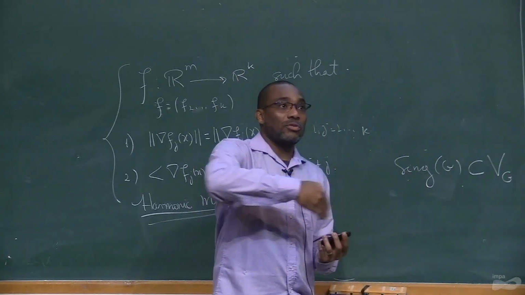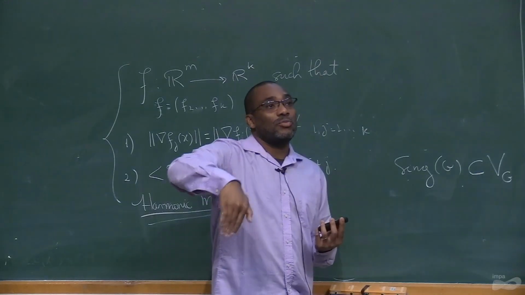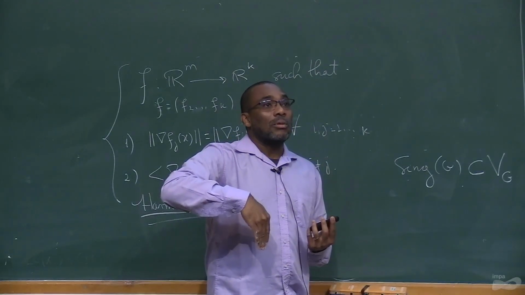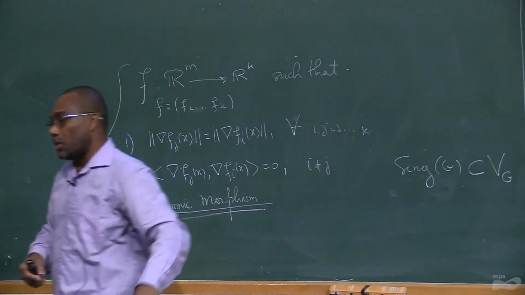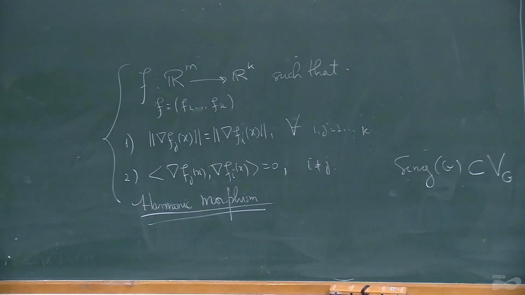So surrounding the variety, everything is regular. But even under such a condition, the image may not be defined as a germ of set. It was a little bit surprising. But anyway,